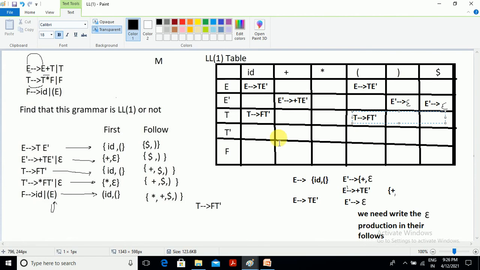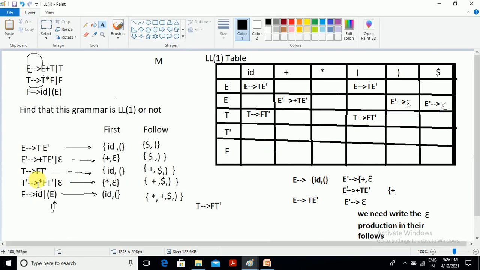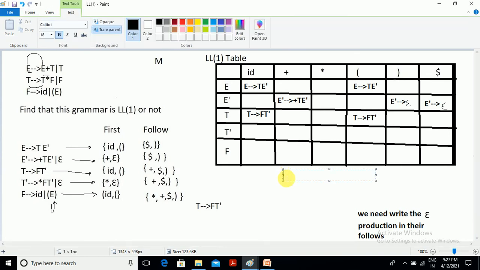FT dash done. The next variable, T dash. There are two productions: one is epsilon, and one is star FT dash. Now star is one of the first, found by which production? Star FT dash. So from this production we find one of the first as star, and the next one is T dash derives epsilon.